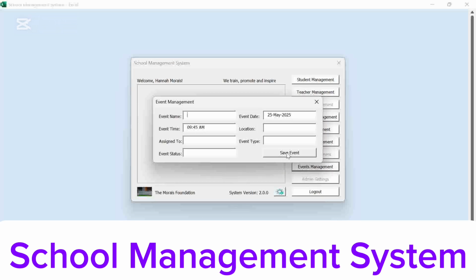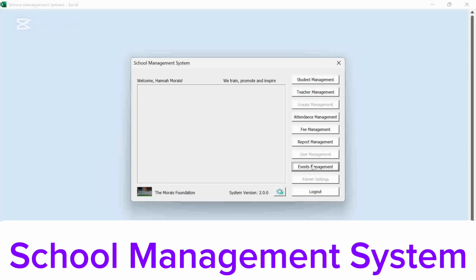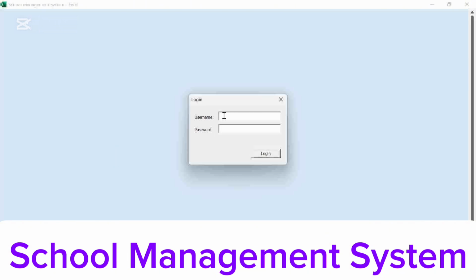Now, the user is not activated. We want to go to the event management. You enter the event information, and you want to see who is assigned to do follow up. Event status, is it pending? You want to know that, and you want to save. Then the create user and the admin is not activated for this user, so we want to log out